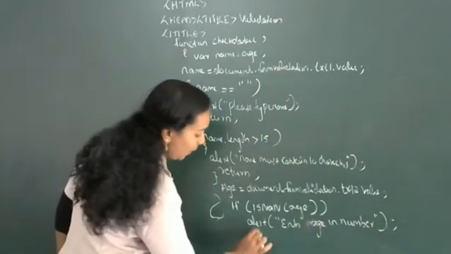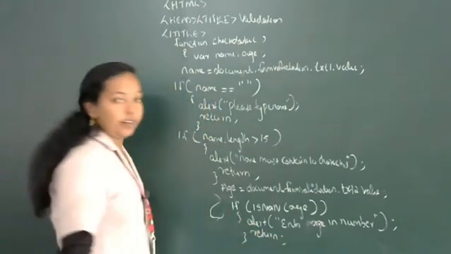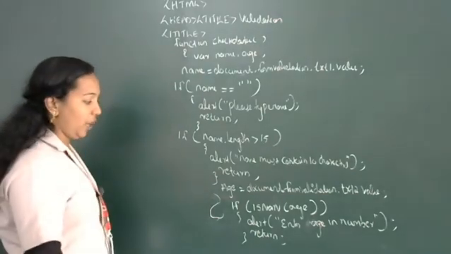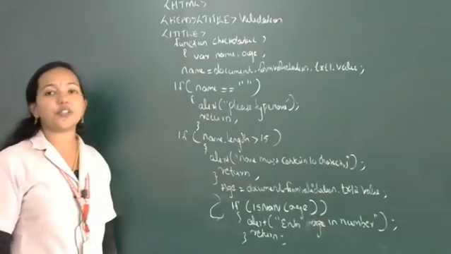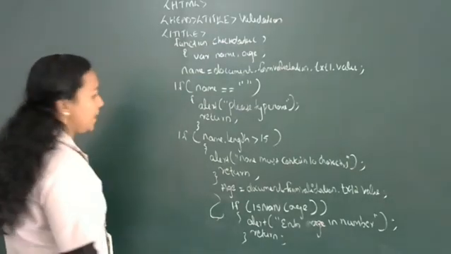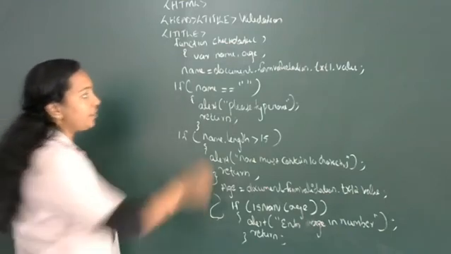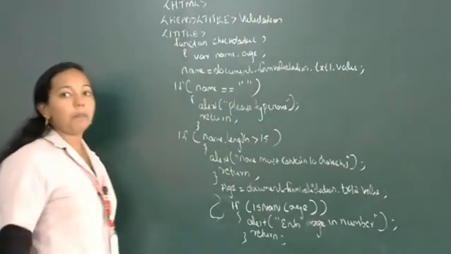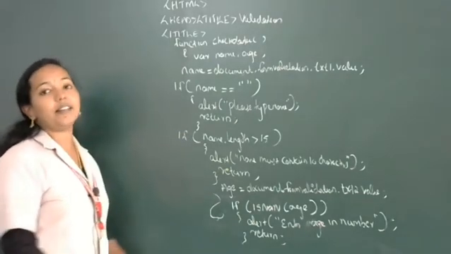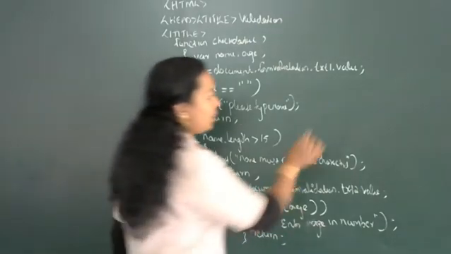Then after that, what do you want to write? A return statement. Close the bracket. Return statement. Then another validation statement for age. We can check whether the entered text box contains a number or not. Otherwise, one more validation we can write. What is it? We can check whether it is equal to blank, whether it is empty or not. Then we can type please enter age.